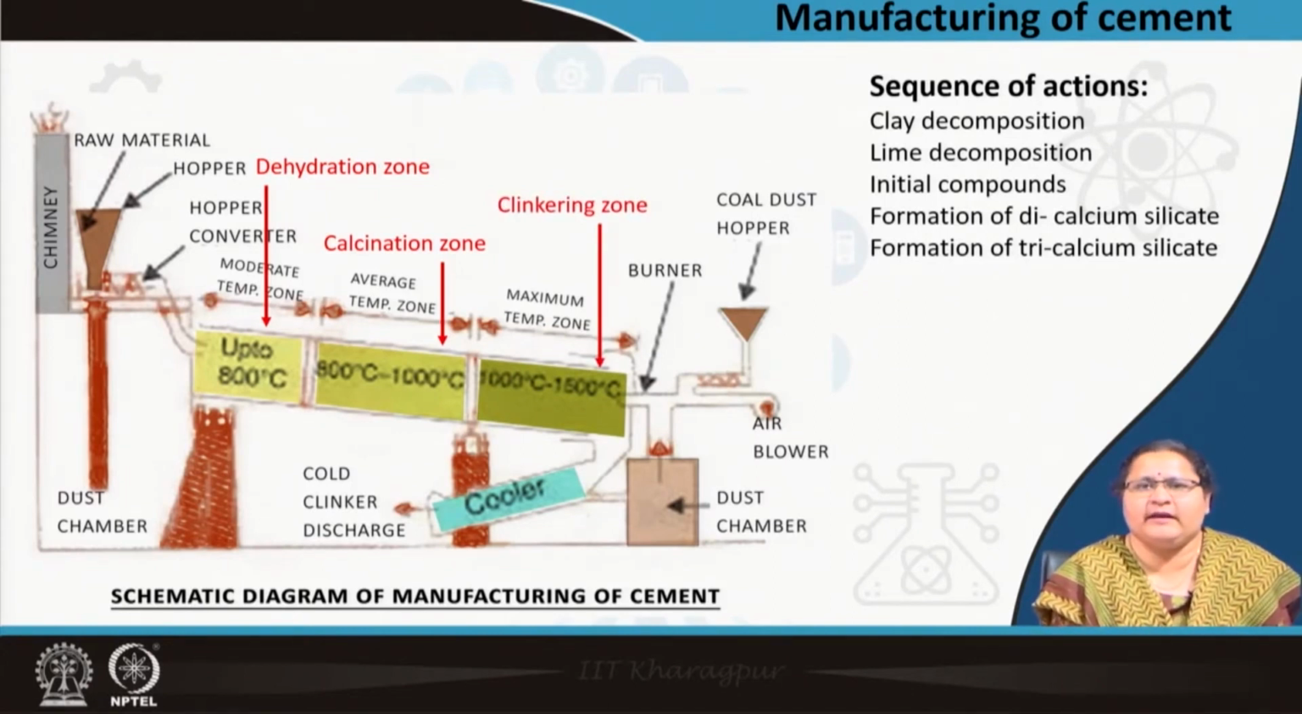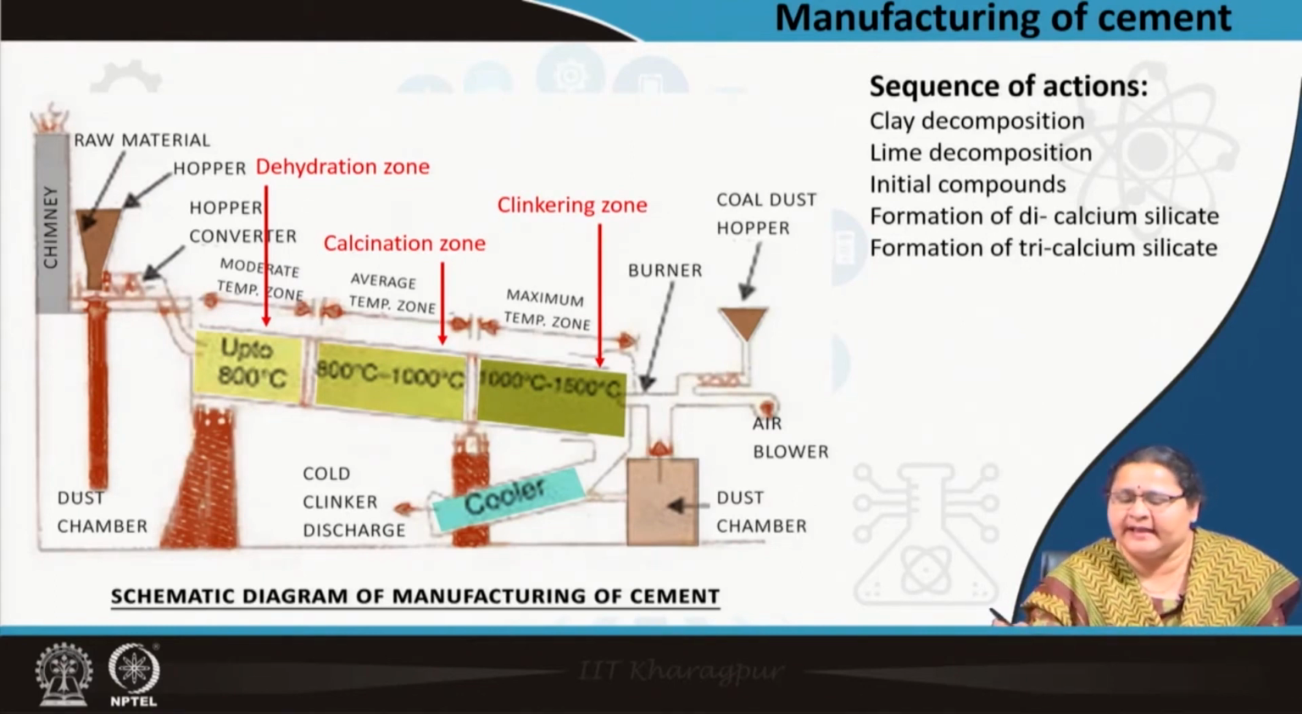Clinkers are small ball-like substances which are the transformation of all the mixed dust which had been fed into the system as raw material. So, the clay decomposes, the lime decomposes, as you see the sequence of actions here. Some initial compounds are formed, that is the mixing of the items is happening, the calcium silicates are formed: the dicalcium silicates, the tricalcium silicates, the aluminoferrites, the calcium aluminate. These compounds start forming, and you see these are